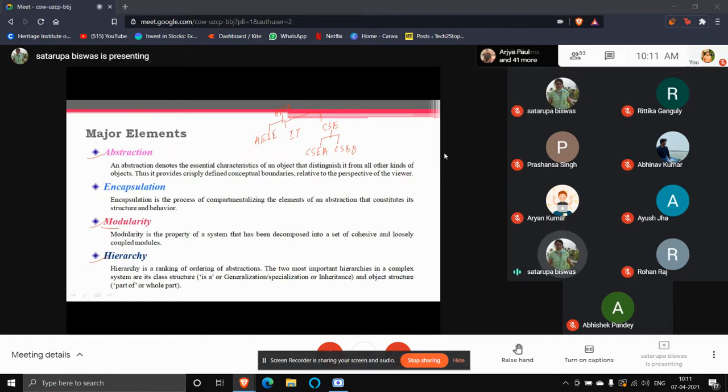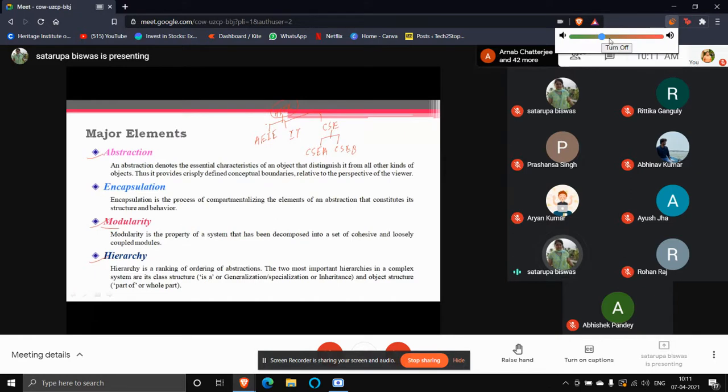And where is the abstraction? When you are in the top level, at the level of the HITK, you only see that the HITK is a wholesome database which is having every data about the HITK. You do not know how the underneath modules are working to make that database available to all of us. Okay, so that is the level of abstraction.